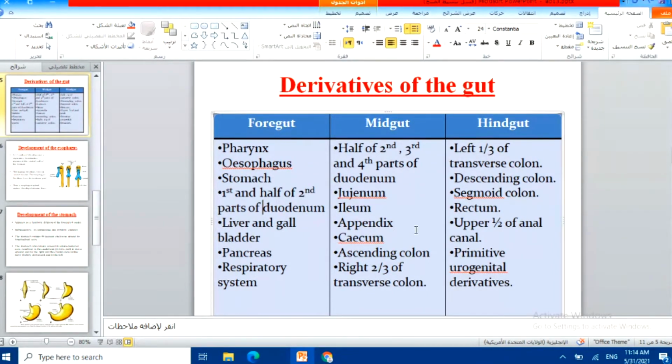Ascending colon formed by a midgut, and descending colon formed by hindgut. Okay, with sigmoid colon and rectum formed by hindgut. Primitive urogenital derivatives will start to form from hindgut. Okay. So,